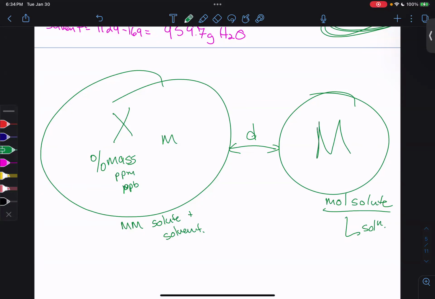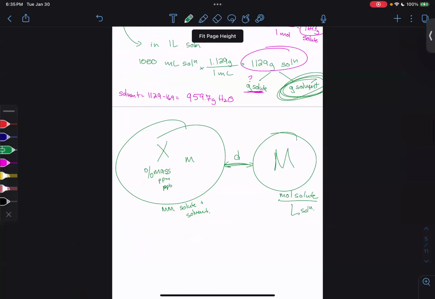Mole amounts are additive. If I have 1 mole of this, 1 mole of that, how many moles total do I have? 2. If I have 1 gram of this, 1 gram of this, how many grams do I have total? 2. But if I combine 1 liter of water and 1 liter of ethanol, do you think I'll get 2 liters of solution? You actually don't. Volumes are not additive, but gram amounts and mole amounts are. So that's why we got to use density to go between these two islands. All right? Okay. Great. So practice those. When is density needed? When is it not? Okay. So let's